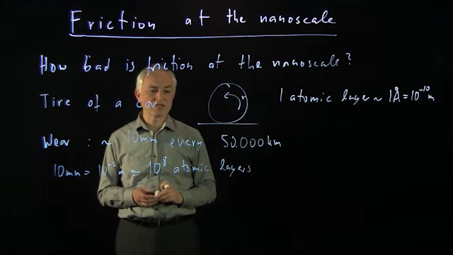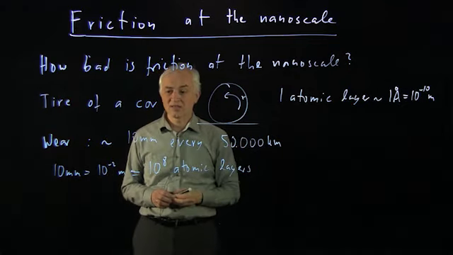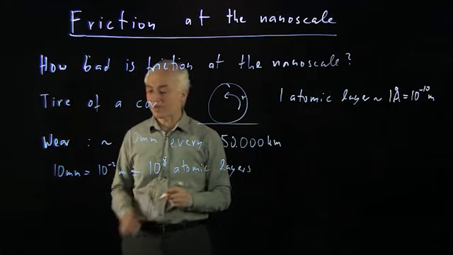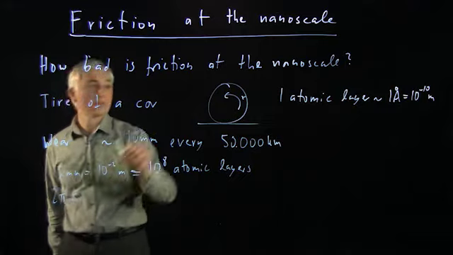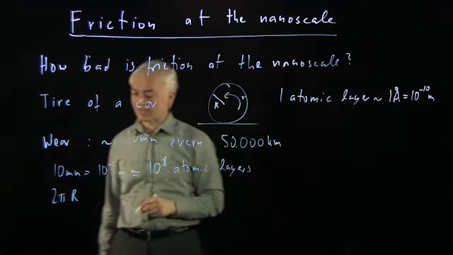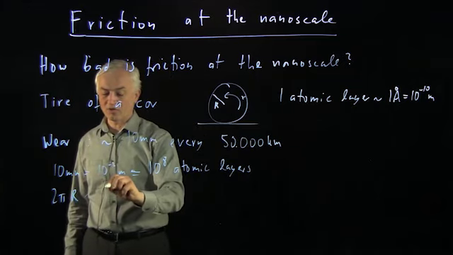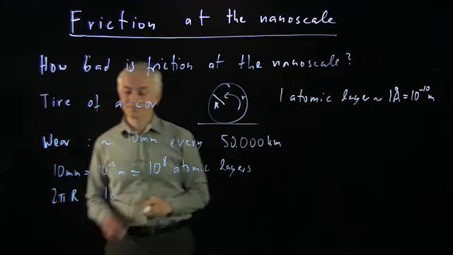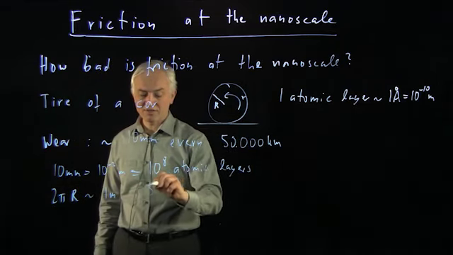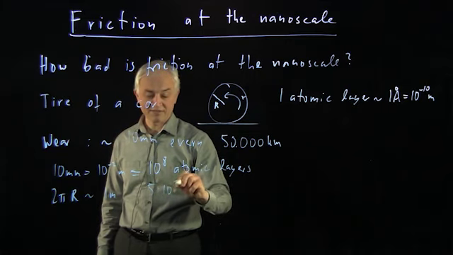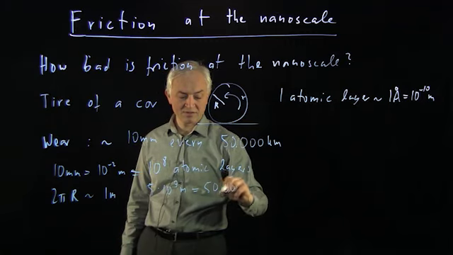We can also ask ourselves, how far has the tire been moving? So if we assume that the circumference of the tire, so this is the radius of the tire, let's guess that maybe the circumference of the tire here, which is given by 2 pi r, is on the order of 1 meter. Then this means that 50,000 kilometers, or 5 times 10 to the 7 meters,